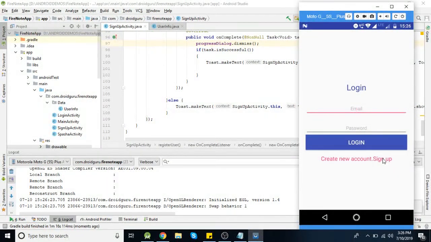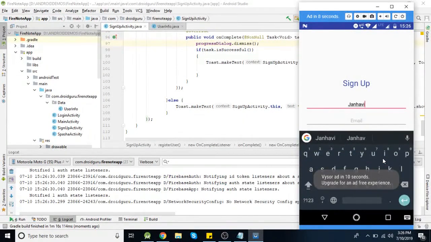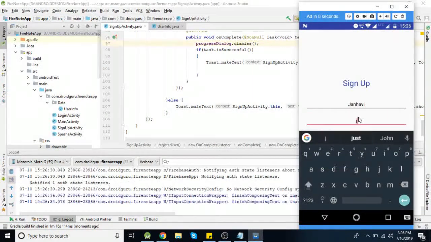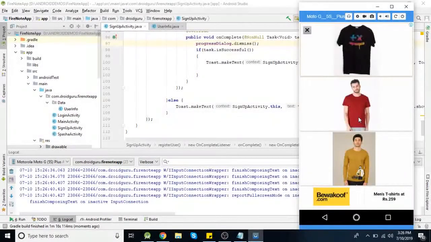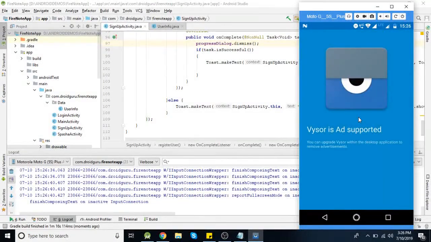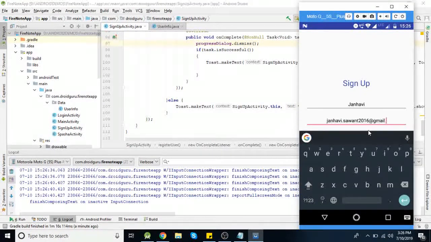Okay. So first we'll register the user. Okay.